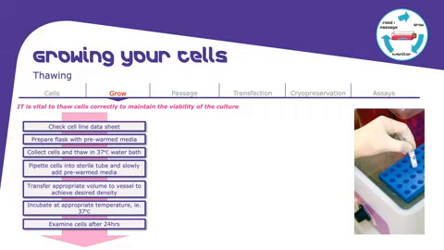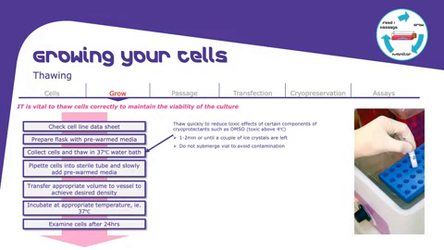Now is the first step in growing your cells, and a very important one: to thaw the cells correctly. It's a very, very important part. So we check the cell line datasheet. We need to prepare the flask. It needs to be pre-warmed with all the growth factors and supplements already in it. And then we put the cells into the water bath, and we suggest doing it very fast at 37